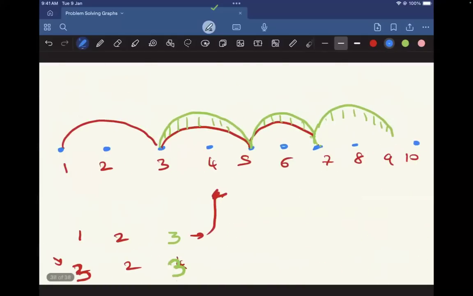Now, since we want to find the number of connected components and we want to basically merge these two, we have two options. The first option is, whenever we find an edge,